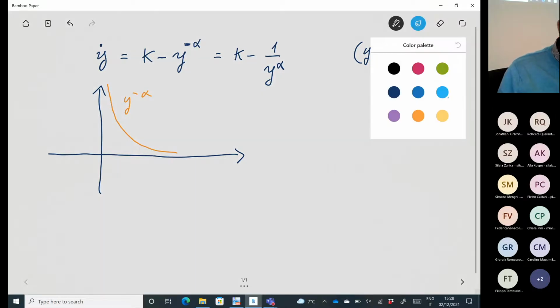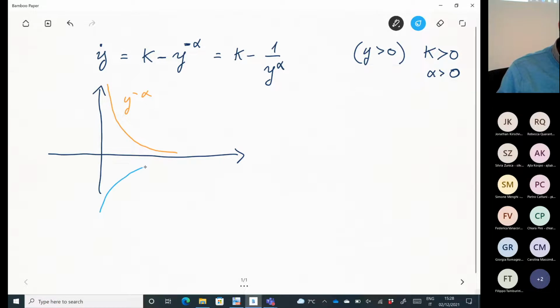It's negative, it's something like this. And look at the negative, minus y to the power of minus alpha. If y becomes larger and larger and larger, then this one remains negative, but it tends to